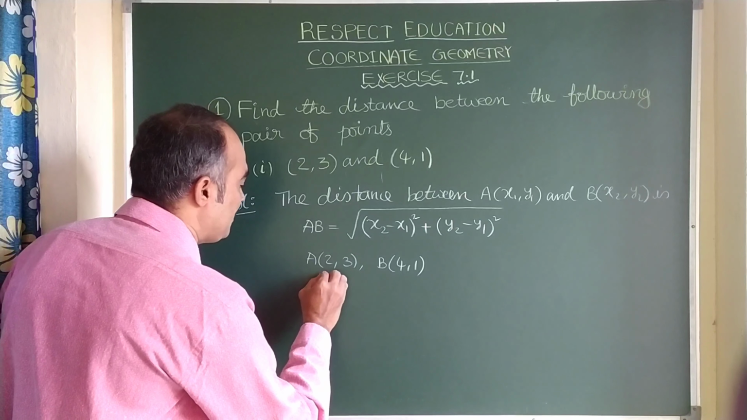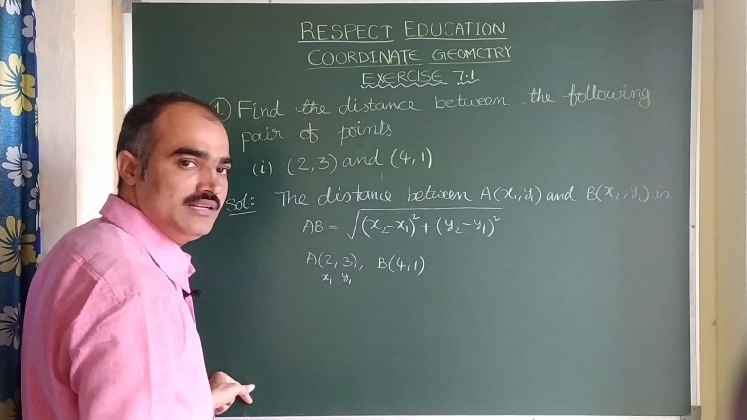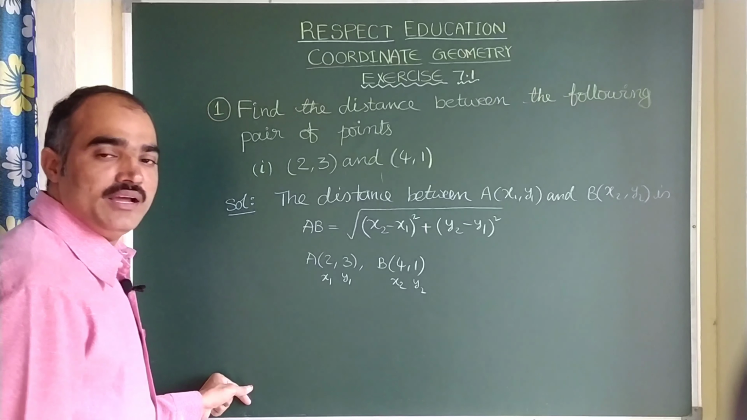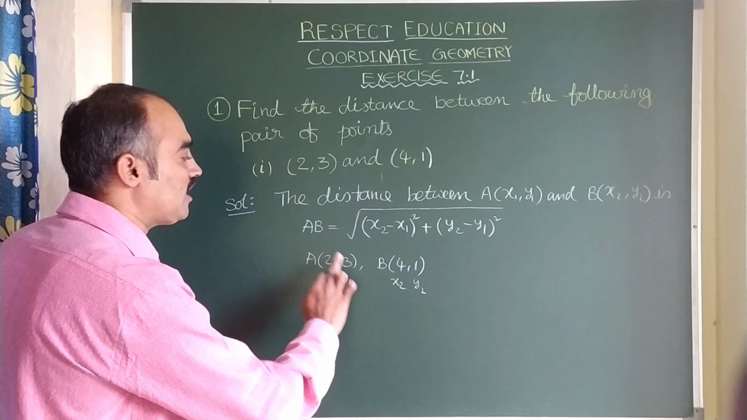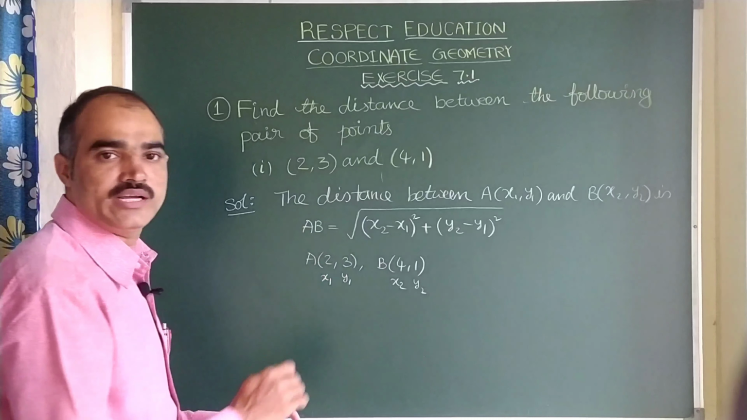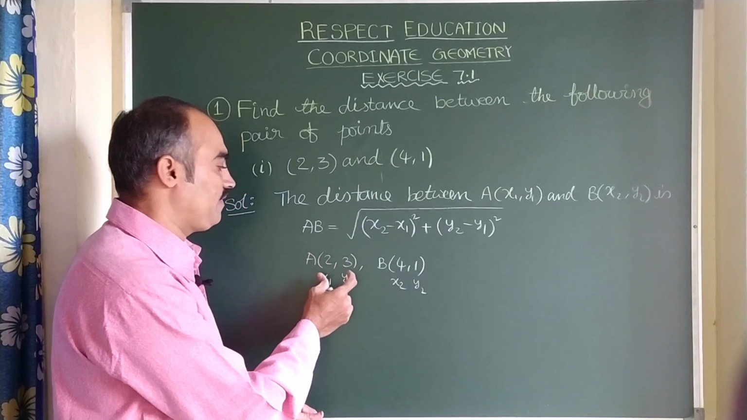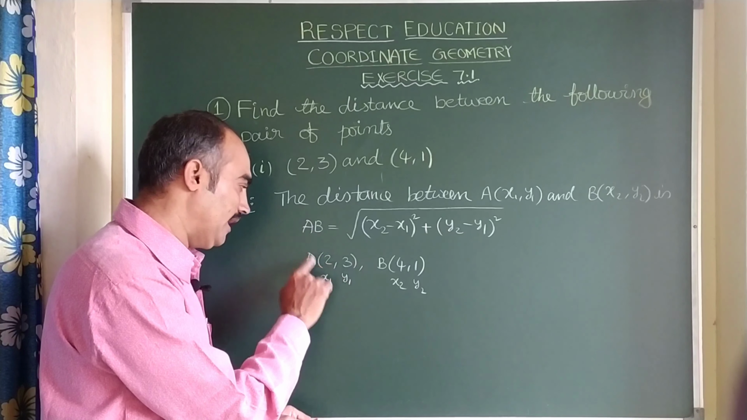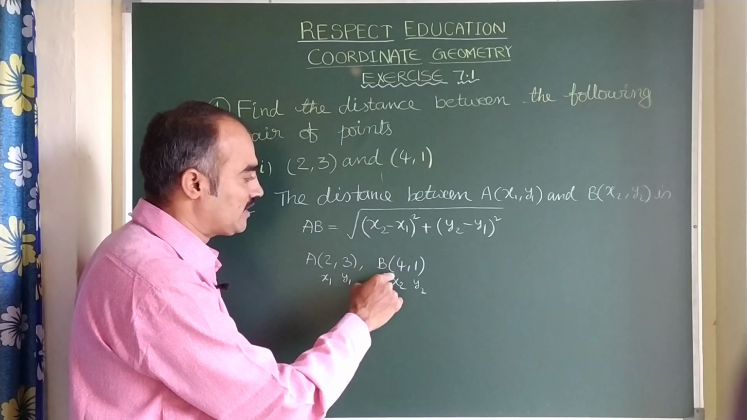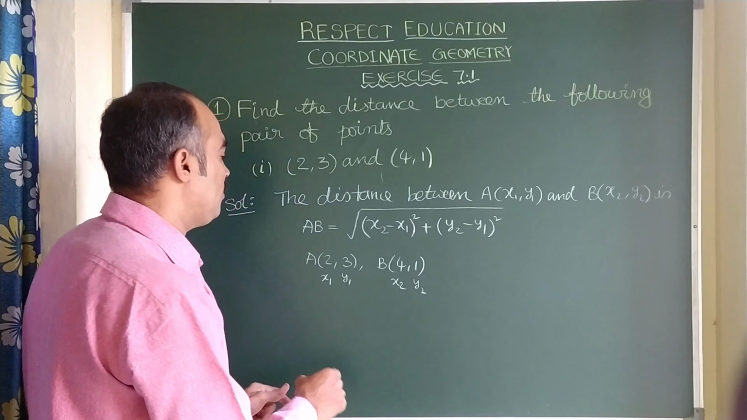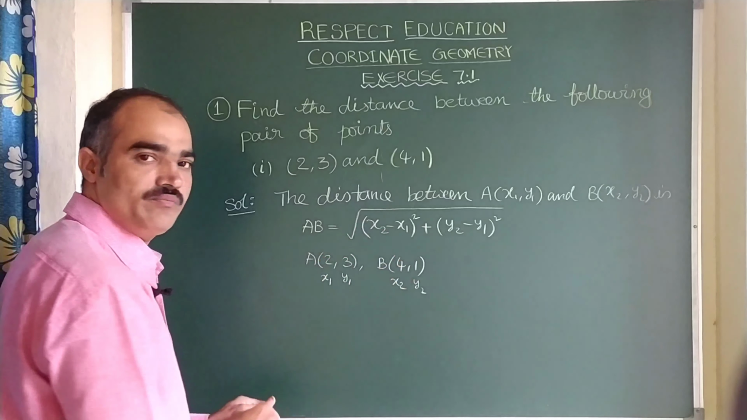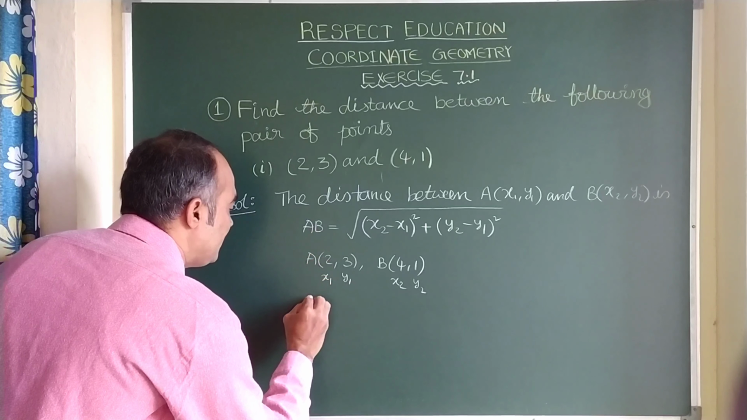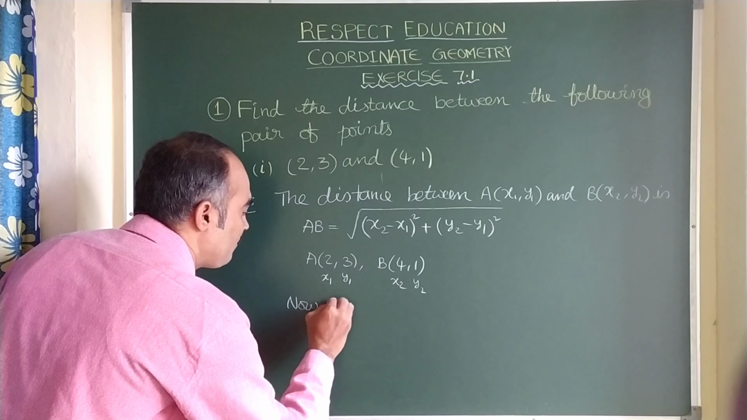So here let us label this as x1, y1, and the second point as x2, y2. Clear? In the confusion, don't take x1, x2, y1, y2. You don't take like that, because a coordinate point will have an x coordinate and y coordinate. So there should be an x value and then a y value. Here also x value, y value. Is it clear? So now here it is x1, y1, x2, y2. Now let us substitute these values in this formula. Now the required distance AB is equal to